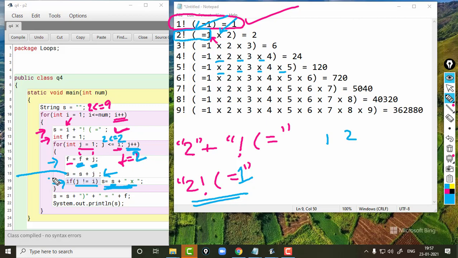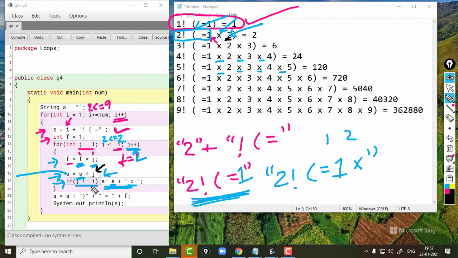Again, whatever string is present inside s, which is "2! = 1 *", we need to concatenate the value of j to it. So s plus j will concatenate this 2 here.